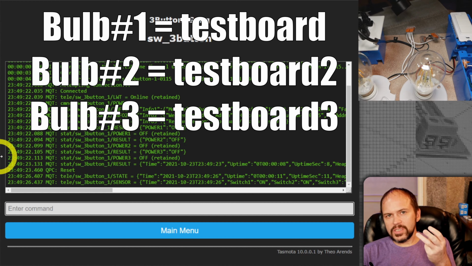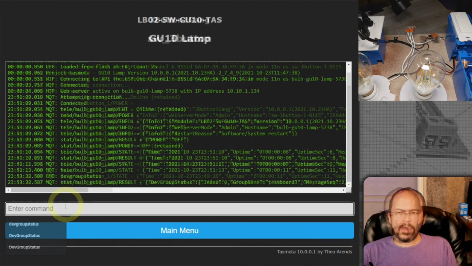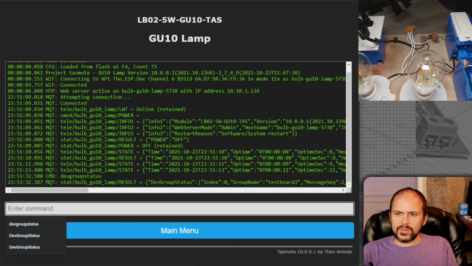And then we've set device group 1 to test board 1 on one bulb, test board 2 on the other bulb, and test board 3. So think of the switch as the master, the control of things. We're going to make sure this works, but we may have to turn on one option, which